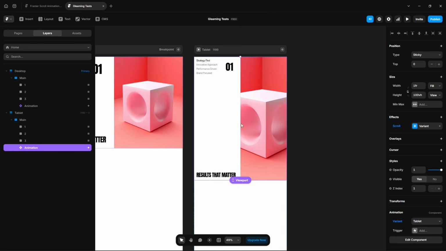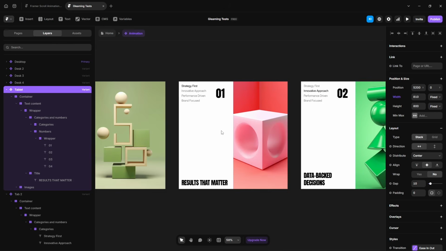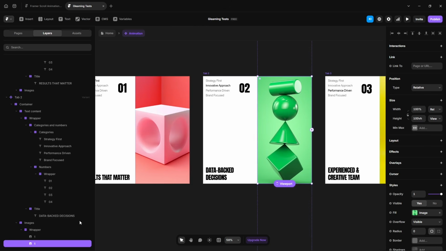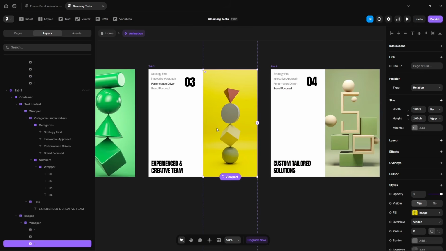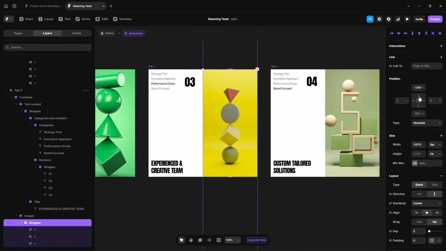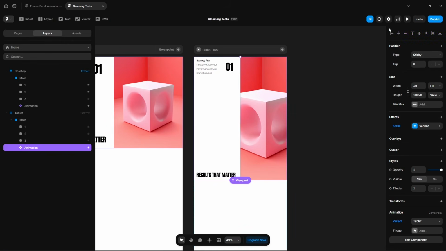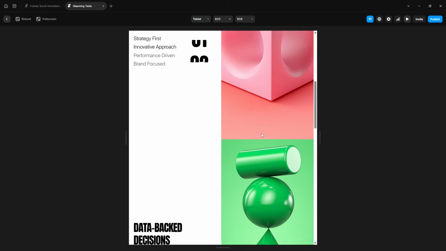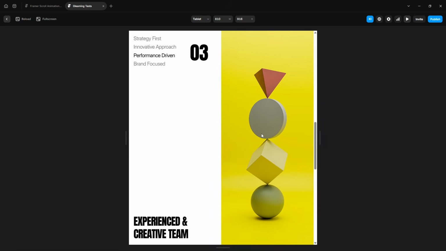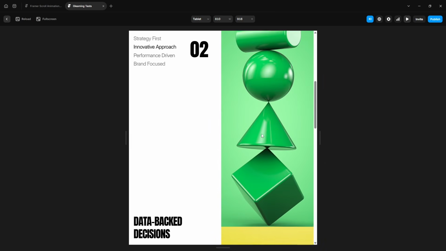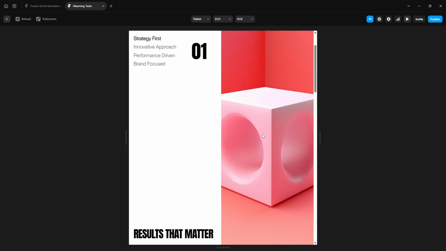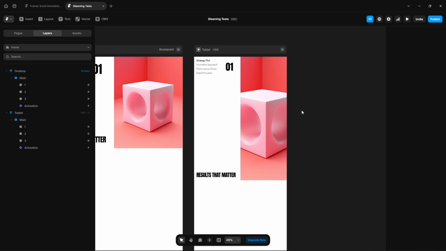Let's see, double click on it, unpin it, also here, unpin it, yeah, it looks perfect. Let's make the mobile version,